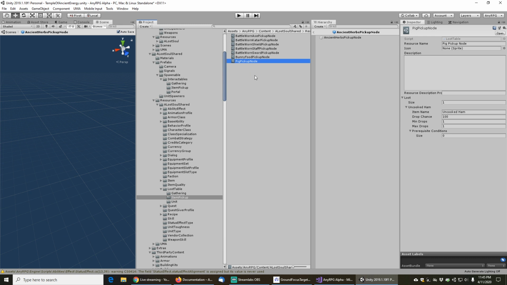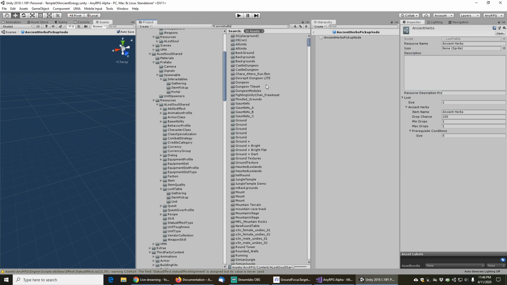Just hit Control D to duplicate any other old item pickup loot table here that I had. And this will just be called ancient herbs. We'll set the resource name to ancient herbs, and we will have a 100% chance of dropping the item ancient herbs. That's all we need to do for that, and then we need to go actually find the item for uncooked